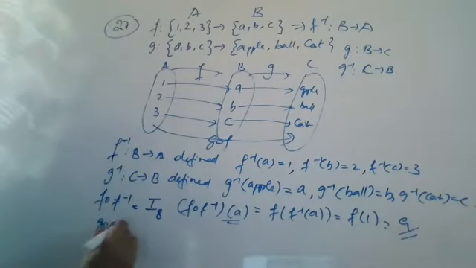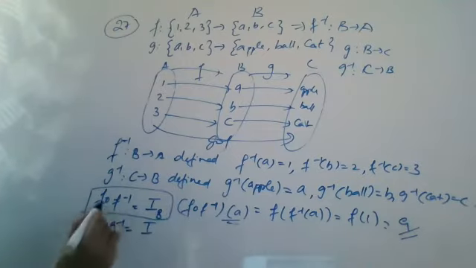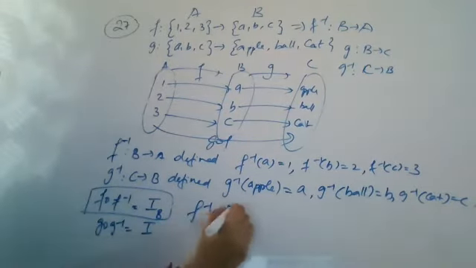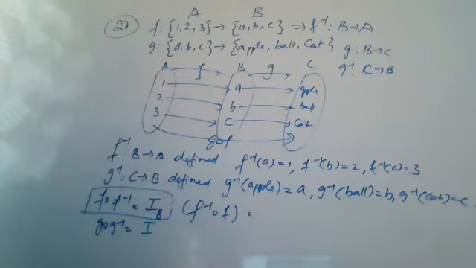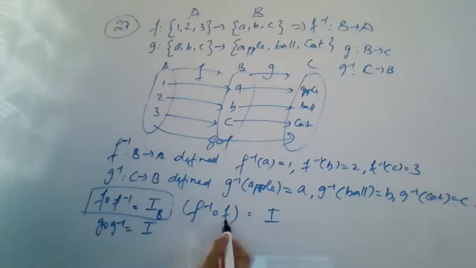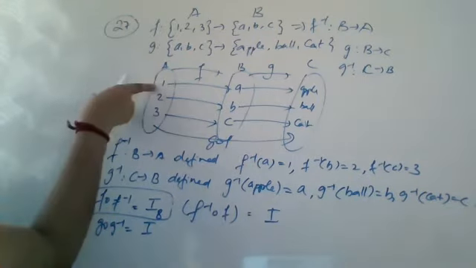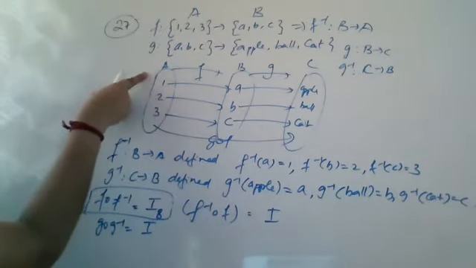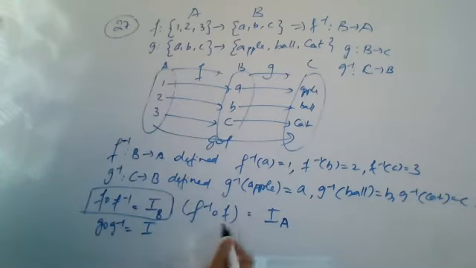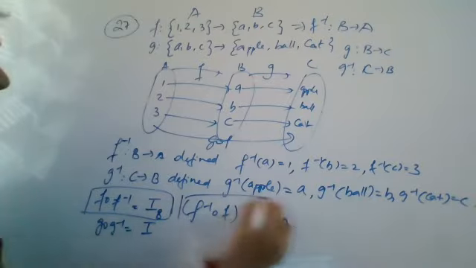Similarly, you will get G composition G inverse is also I. यहाँ पे अगर आपने उल्टा लिया होता, because here you have taken F composition F inverse. If you are taking F inverse composition F, then what happens? F inverse composition F होता तो क्या आता? Then also you'll get I, but the set will change because here you will apply your F first. F में first apply करोगे, तो what will be the set? It will be starting from A, है ना? It will be from A to A. इसका मतलब हुआ A to A. ये clear है? So these are the two things which we got.